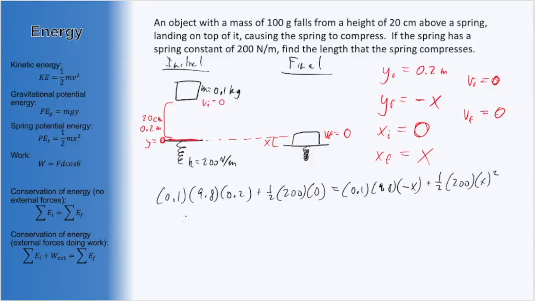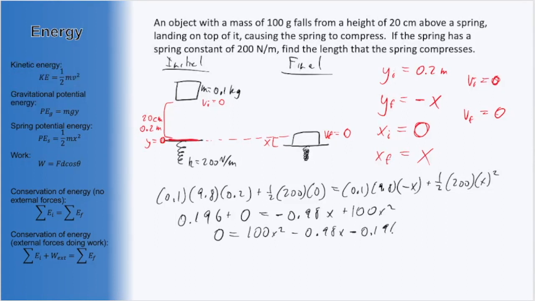Doing some of these calculations, we get 0.196 plus 0 equals negative 0.98x plus 100x squared. Moving things around, we see we get a quadratic. So 0 equals 100x squared minus 0.98x minus 0.196. Using either polysolve on our calculator or solving by hand with the quadratic formula will give us two mathematical